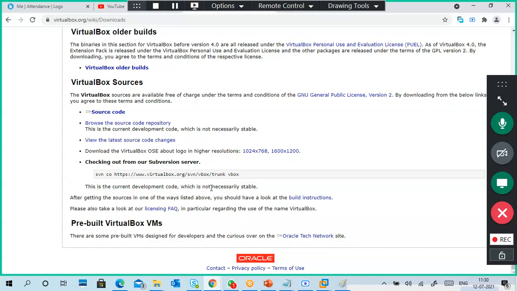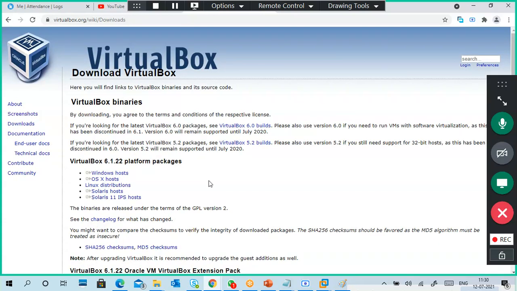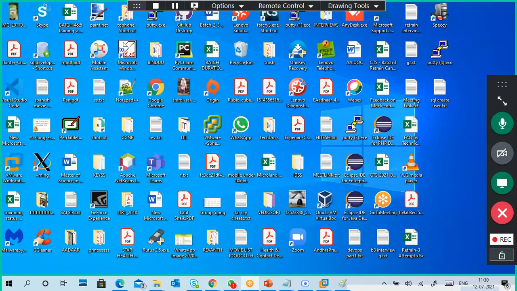You can go through the site for more information. This is 6.1.22, the new one. Just click on Windows host and it will download directly. It is an application to create virtual machines like VMware.